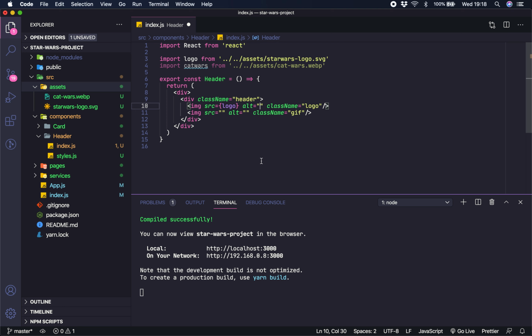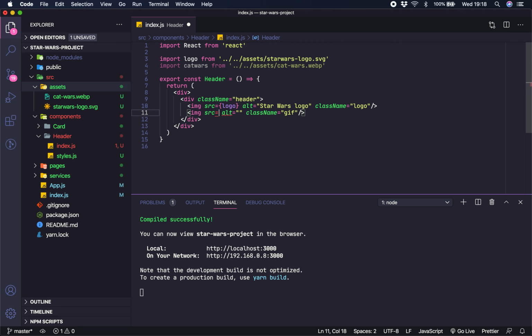In the case the image doesn't render, the text that we put here will appear instead of the image in case of problem, and that's great for accessibility, okay. So let's write here Star Wars logo,